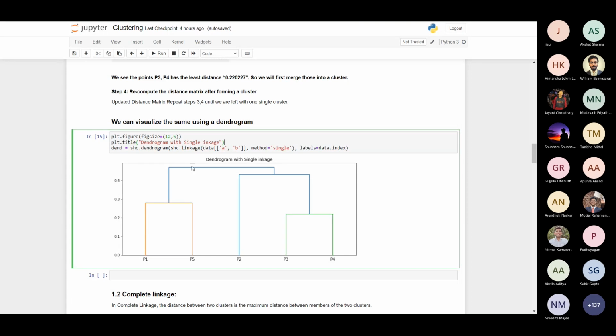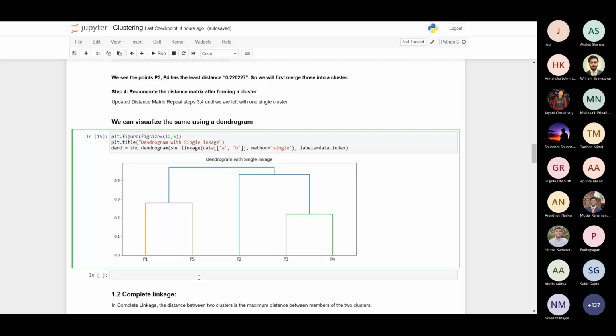So this is how we form the clusters. At the end we will get all the clusters merged and see the result of how many clusters we have. So here we have 4.